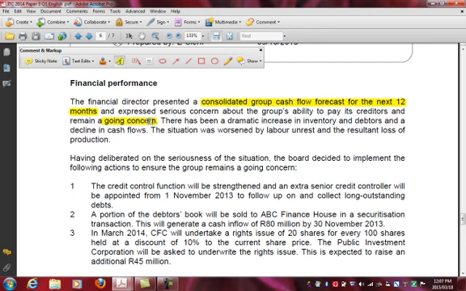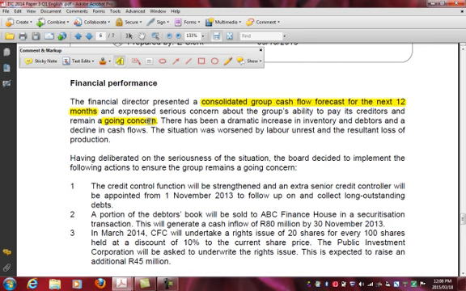This is giving us a lot more information. There has been a dramatic increase in the inventory and debtors and a decline in cash flows. The situation was worsened by labor unrest and the resultant loss of production. Having deliberated on the seriousness of the situation, the board decided to implement the following actions to ensure the group